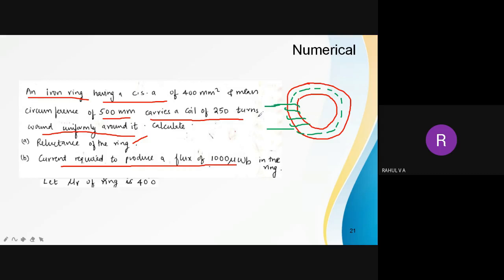The number of turns they have said is 250 turns. 250 turns are there in this winding, and the cross sectional area they have given